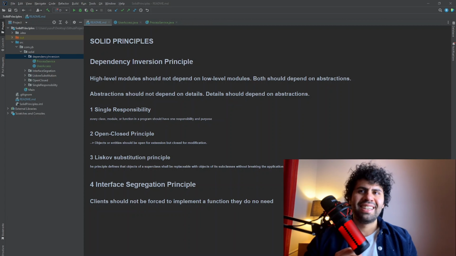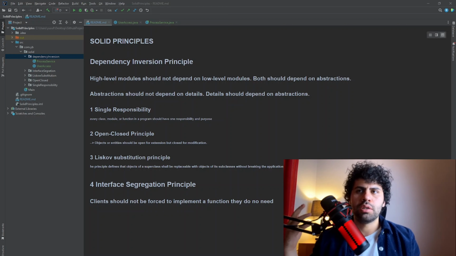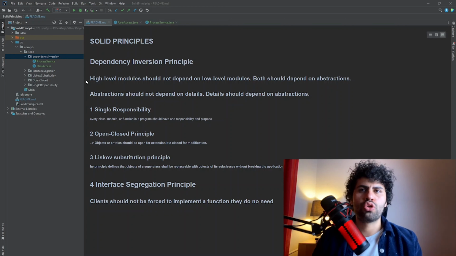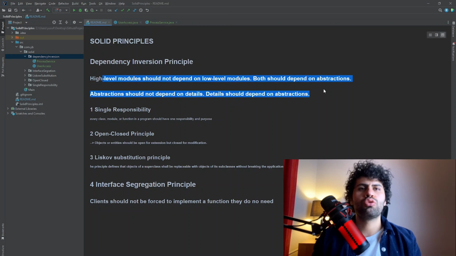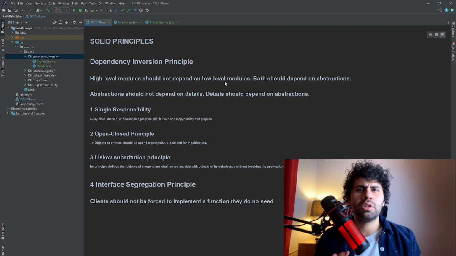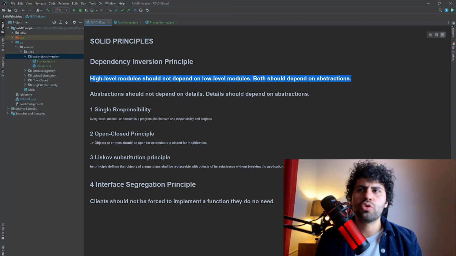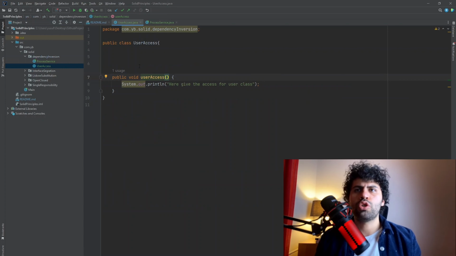So, the dependency inversion principle: high-level modules should not depend on low-level modules, and both should depend on abstraction. Abstraction should not depend on detail. Detail should depend on abstraction. So first, let's look at the first one. What does high-level module mean? A high-level module is basically